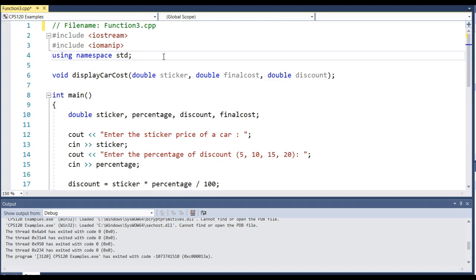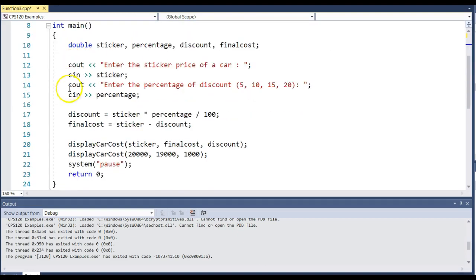A reference parameter is used, in essence, if you want to return more than one thing from a function back to main, right? With a value returning function, we're limited. It only returns one. But with a reference parameter, you could return one, but often we return 2, 3, 4, or more values back to the main program. So I'm going to show you in this